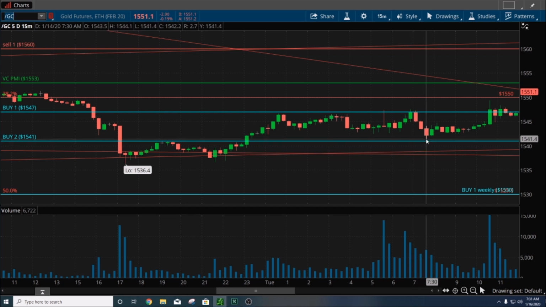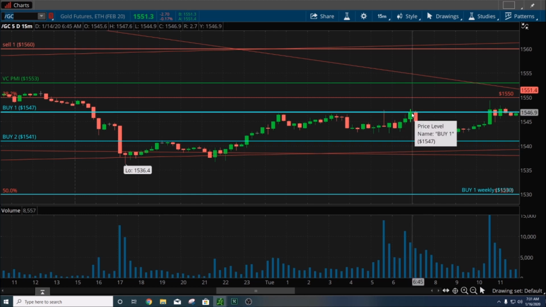Comes down again to the buy 2 level, activates another buy signal. As it comes down to the level above, depending on the multiples, you can use these levels to sell part of your position. But I'm just showing you here the logic of how accurate this incredible tool is. And you can use it as a GPS for your trading once you understand the methodology and the artificial intelligence